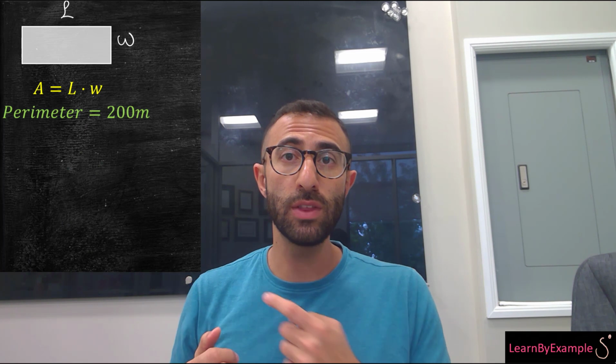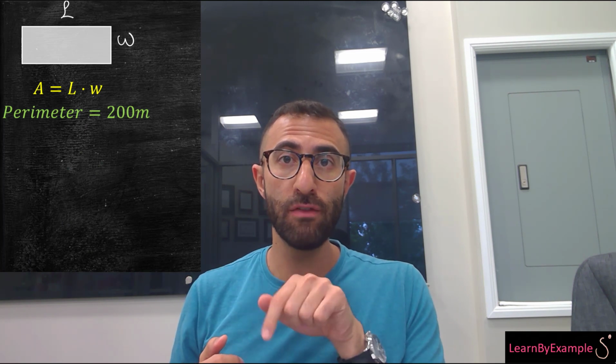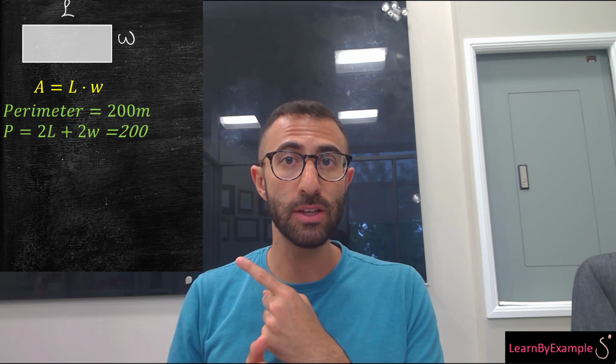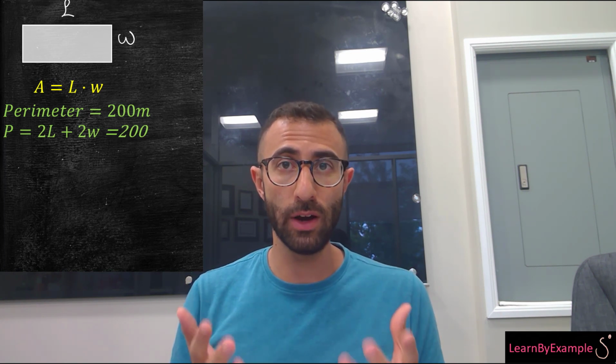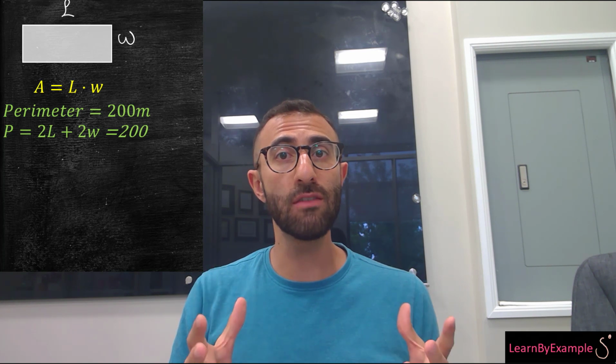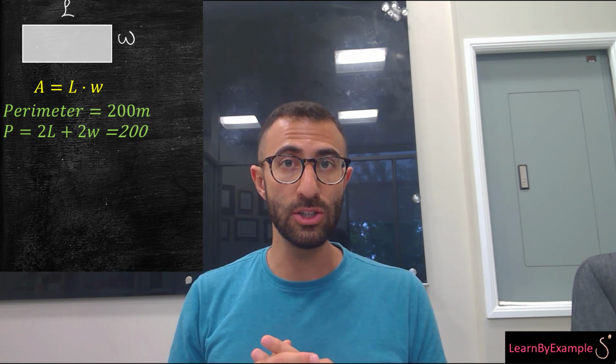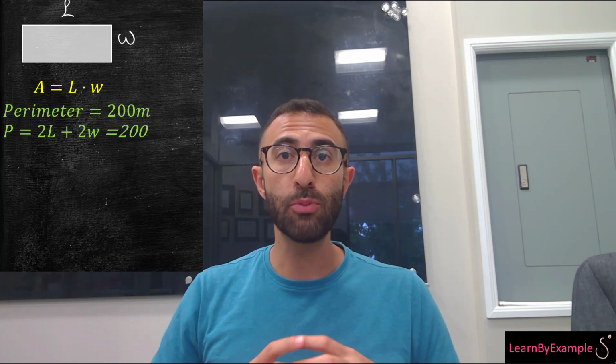Now, in order to help you solve this, there's usually another constraint that follows in the question. So in this case, let's say the question says that the perimeter of the fence adds up to 200 meters. So you know that if you take all the sides of that perimeter, they're going to equal 200. So in this case, 2L plus 2W is equal to 200. Now try to read the question carefully and look for these clues. So it's good that we now have two equations, and we're going to use those to help write everything in